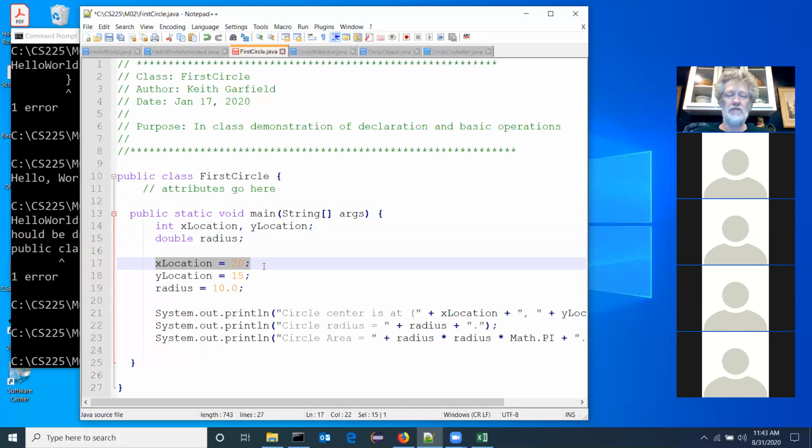You could have done it on the same line of code, int X location. I could have done it this way, int X location equals 20. I could have done that. I don't like that. That's personal style. I like to declare my variables in one place and then initialize them in another. And the reason is as you get more and more sophisticated with the classes, with the methods, your initialization is going to get more ugly and complicated too. So I like to keep it separate from the declaration. And then all I did was